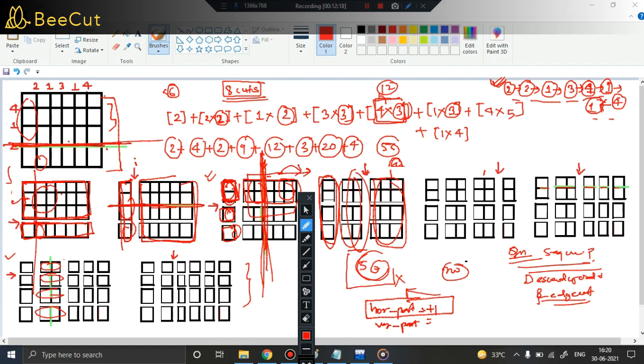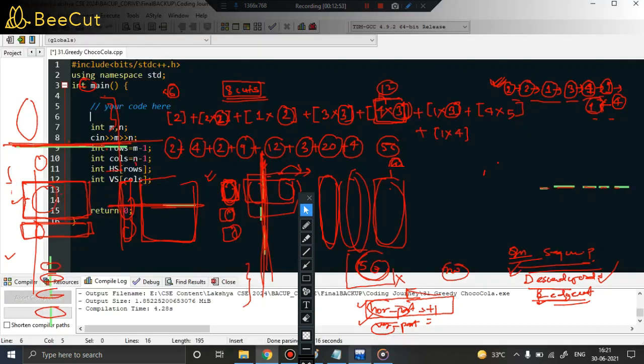This is the intuition. Few things to keep in mind, that I will basically sort the sequence in descending order, because I know that if I keep the larger edge cost for the later stages, then I have to incur more cost, because the number of pieces increases in the later stages. So better the higher edge cost should be used initially for cutting. That is what I am doing. And the lower edge cost should be kept for the later stages. That is where the greedy approach is being used, okay, to optimize the solution. I hope you're getting the point. And to keep track of the horizontal part and the vertical part, we are using 2 variables. Fine. So let us now try to code that specific problem.